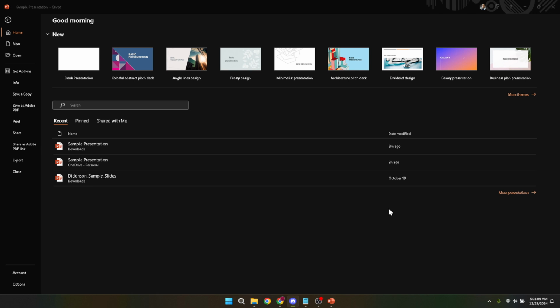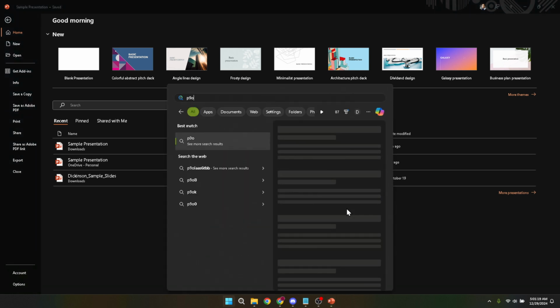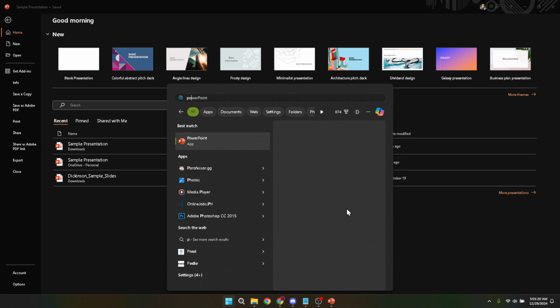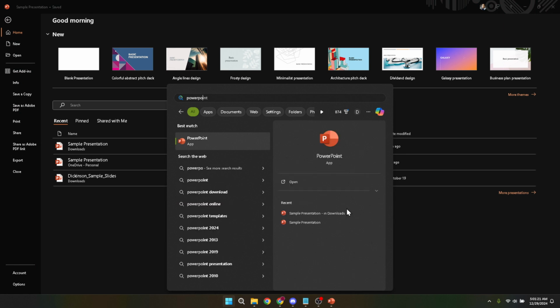This feature allows you to see your notes on your computer while the audience sees only the slideshow on the main screen. So let's walk through the process step by step. First, let's start with the basics. Open your Microsoft PowerPoint software. This may seem straightforward, but make sure you are opening the version of PowerPoint you are most comfortable with. Some features may vary between different versions, but the presenter view is available across the board.